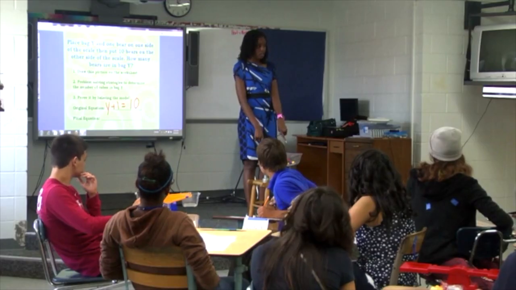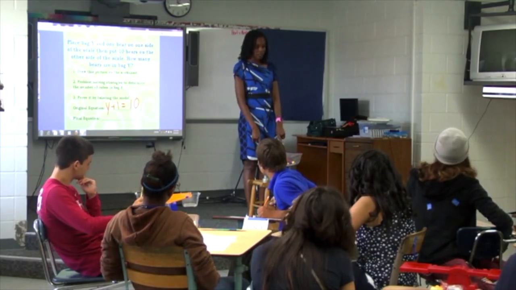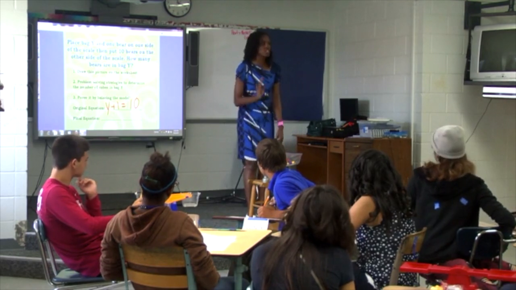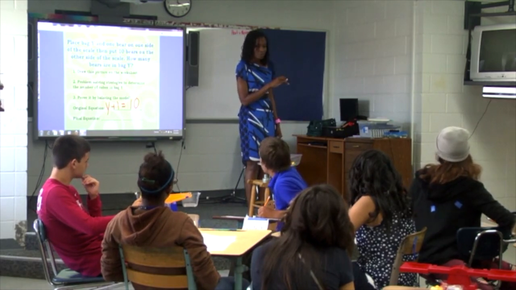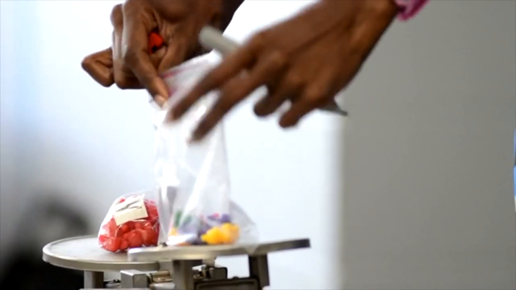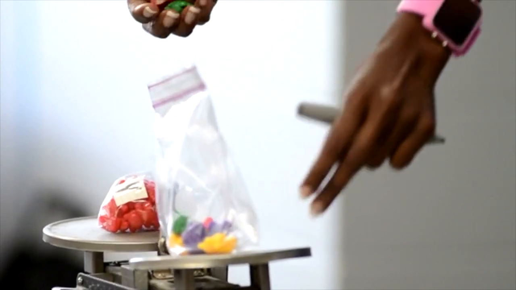Looking at my model, how can I determine what Y is? Right now it's balanced. I want to know just what Y is. Taking off the green bear. Okay, so if I take off the green bear, is it balanced? No. So what do I have to do to keep it balanced? Take a bear out of that. So I'm going to take away a bear from here and I take away a bear from here,